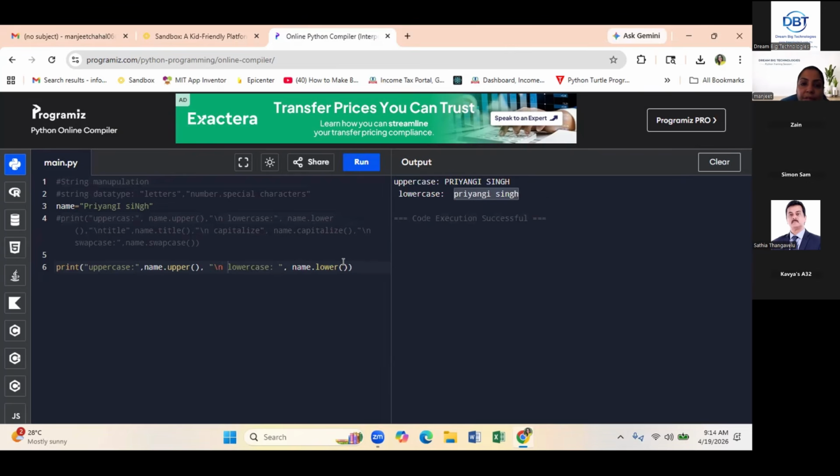Right? Next one, title. Again, double quotation, backslash n, title. Space. My variable name is name, dot title.